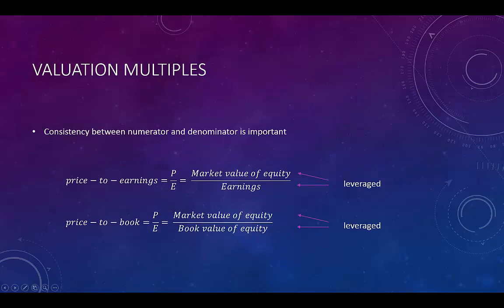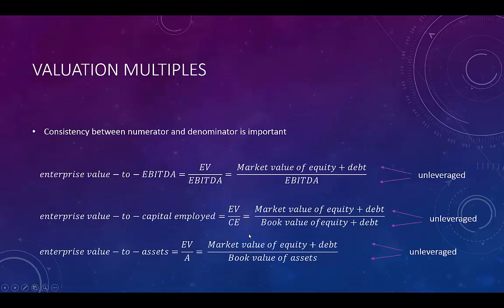When calculating and using these ratios, it is very important that there is consistency between the numerator and the denominator in the ratio. For instance, the market value of equity is a leveraged market value. Therefore, the denominator also needs to be leveraged. Suitable denominators are net income and the book value of equity. These are calculated net of interest and debt and are therefore leveraged. EBIT, on the other hand, is not suitable in the denominator since this is unleveraged. In that case, it is better to use the enterprise value in the numerator. The resulting ratio is the enterprise value to EBIT multiple or EBITDA multiple.